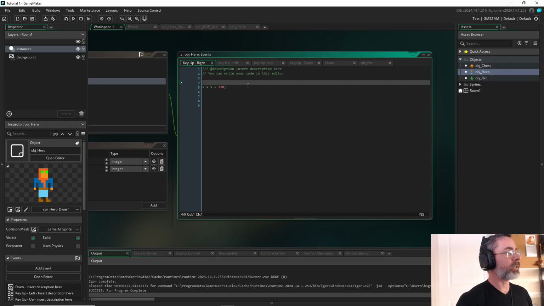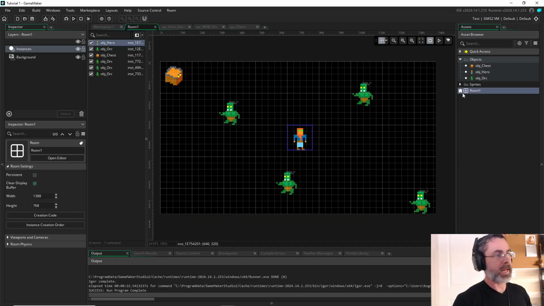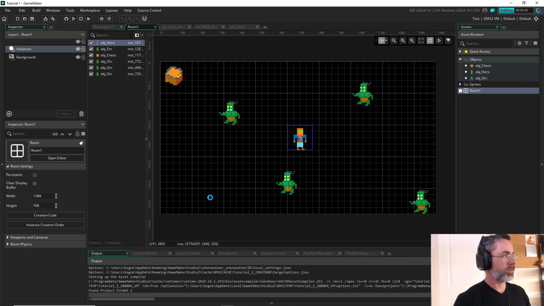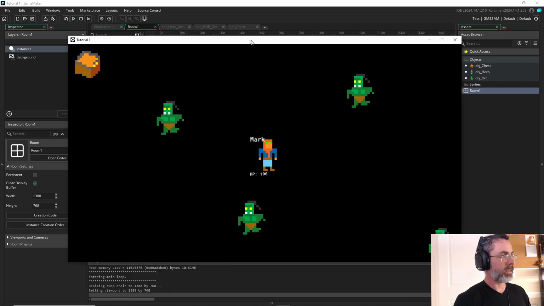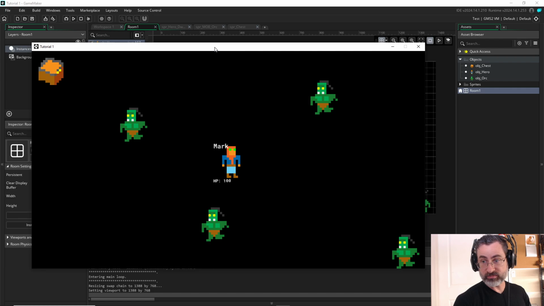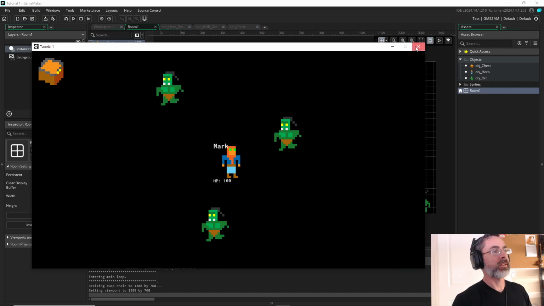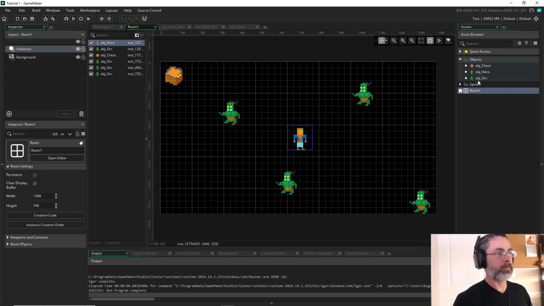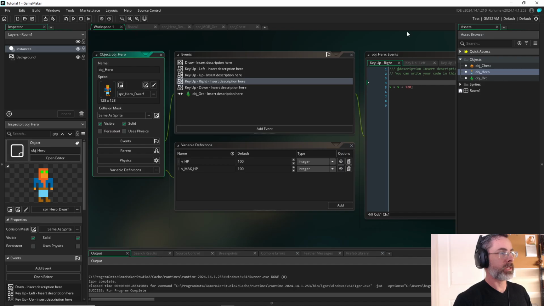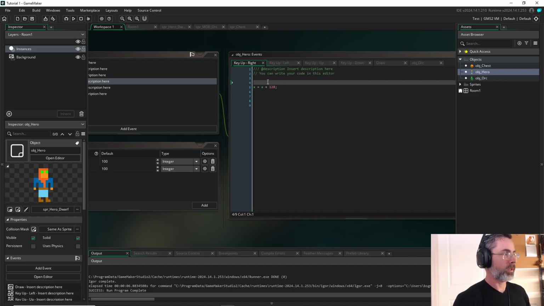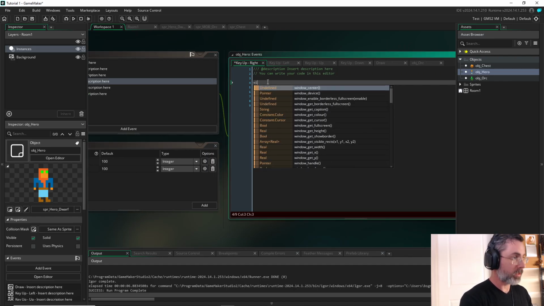So we're going to use a little something called, let's just start typing in window, right? So remember our game room here, right? That's going to be our window when we run the game. We hit run. This is a window in Windows. So this is what we're talking about. We're going to jump back to our piece of code, object hero. Here we go. So I'm just going to start typing in the word window, and it pops all these up: